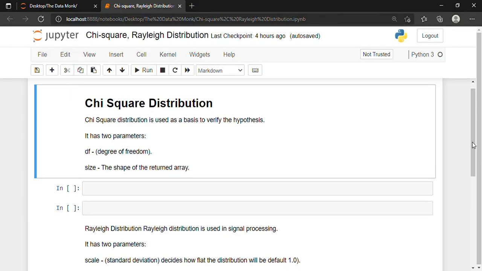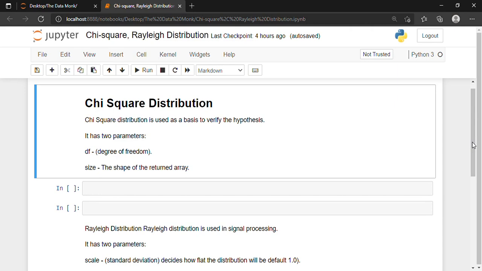Hello, in this video we will be discussing chi-square distribution. Many of us have already studied chi-square distribution in statistics. In fact, we have studied different kinds of distributions, starting from normal distribution to uniform distribution, multinomial, logistic, exponential. In these video tutorials which I am creating, we are basically learning how we can use